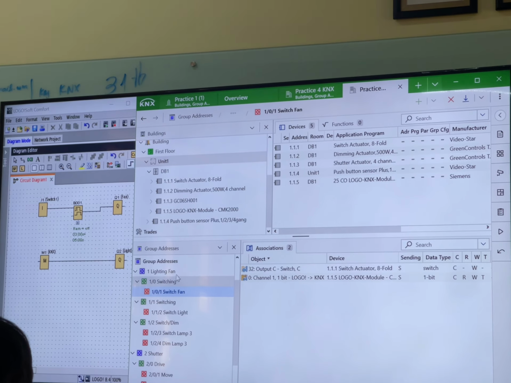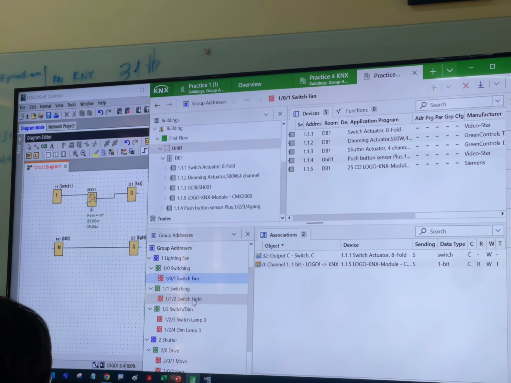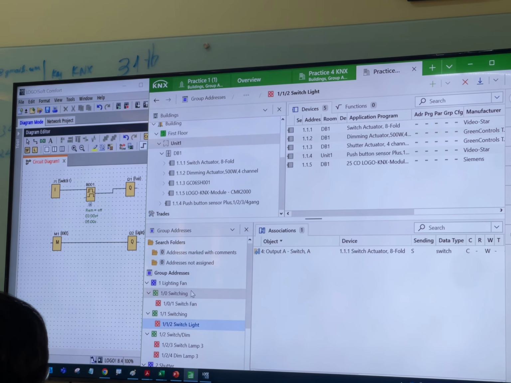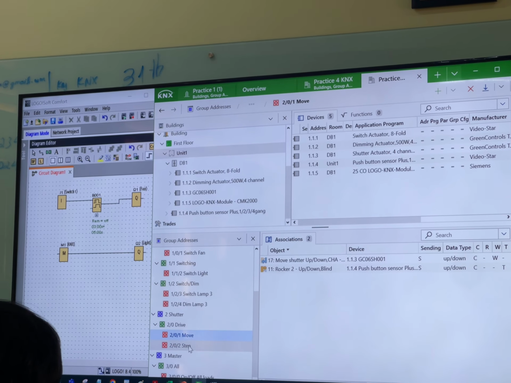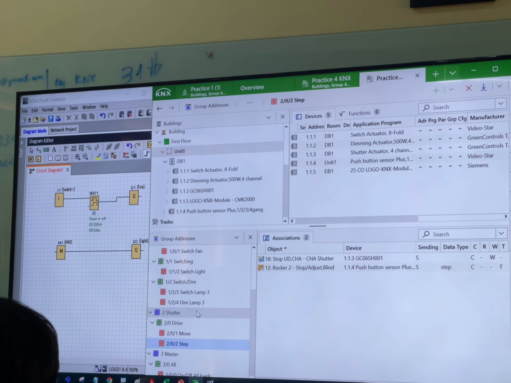Book address, you can put in the book address on the fan, switch on the light. And you can base on this dimmer and shutter. Just try to do. I will do the